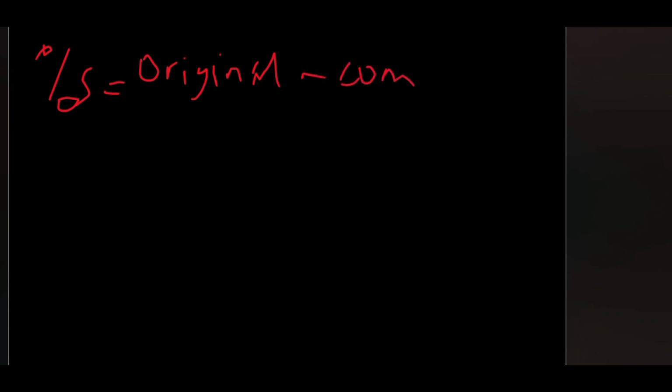So percentage S is equal to the original. The original, as you can see, was enemy and then attack and then the space, so it becomes 12 letters, right? So minus the compressed over the original